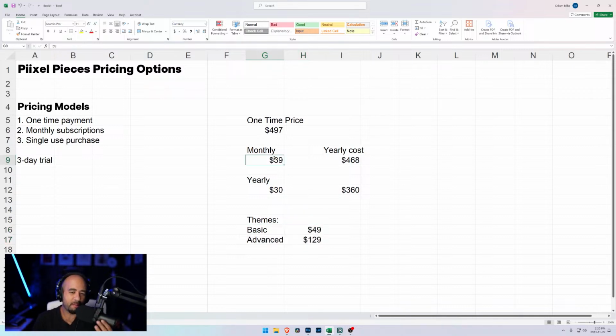So if people sign up for monthly, they would probably just download the stuff they need, maybe a few more things, and that'll be that. Then they'll either keep the subscription for a couple of months, and hopefully they see how useful it is when building projects and move on to the one-time price. It might even be interesting to roll people in, so once they've paid enough month to month, they can roll into a lifetime member. That would be kind of cool, because I don't know if anybody ever does anything like that.